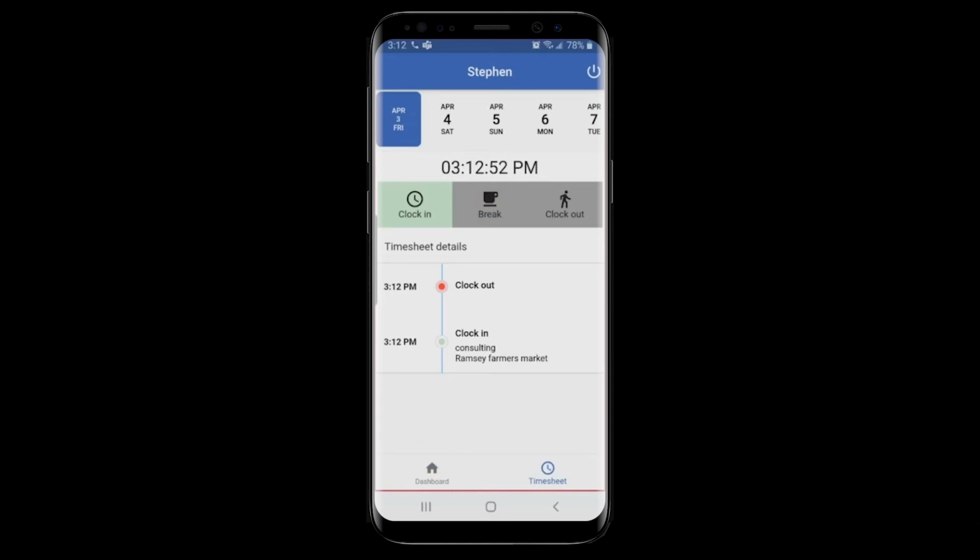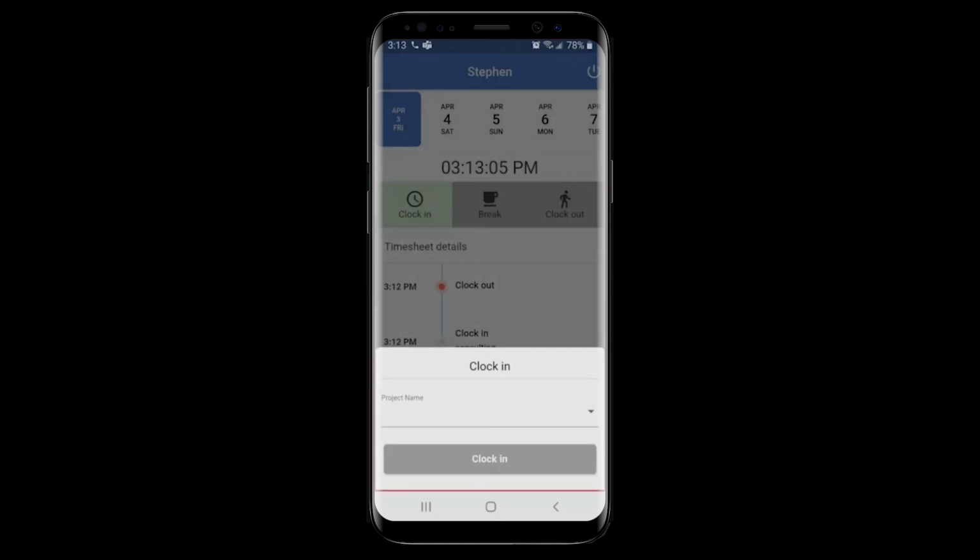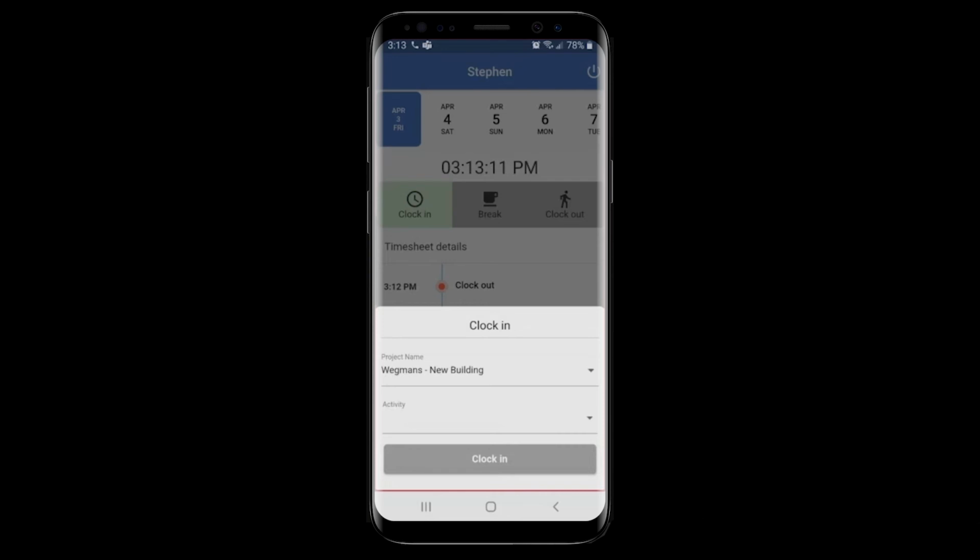Now, let's say you finished working on your consulting project for the day, but you needed to clock in because you were going to be working on another project. You could hit clock in again, and it's going to ask you, are you still working on the below project? You could say no. You will now click on the project, and you can click on a different project that you're working for. And if you click on the lists of activities,